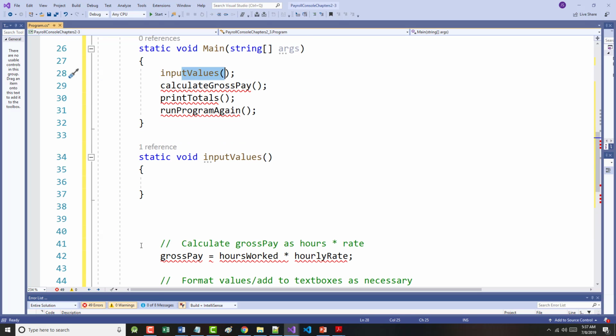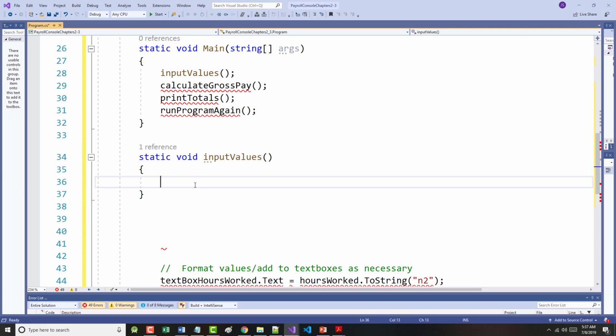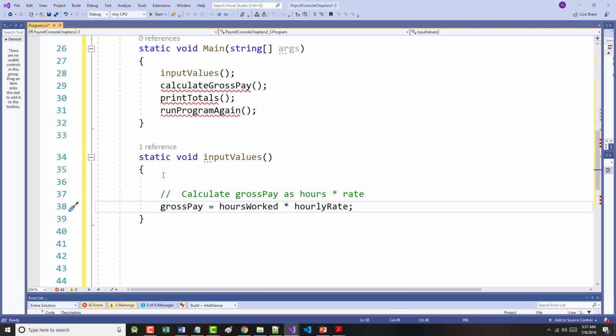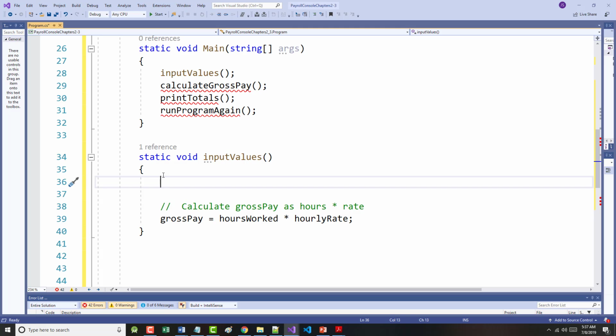Notice how that error went away. I'm going to grab this, but that's not all of it. All right, so the first thing I want to do is come in here and say